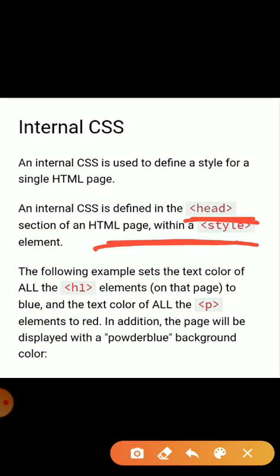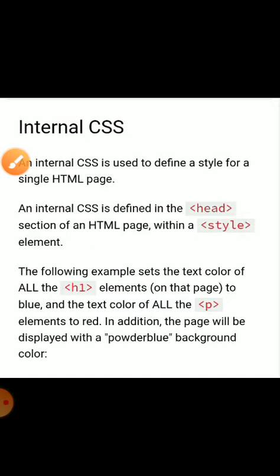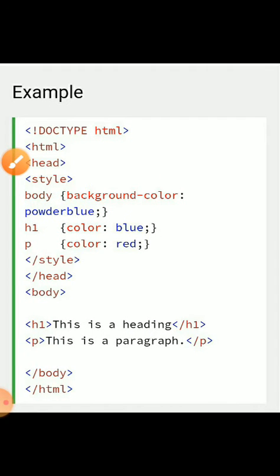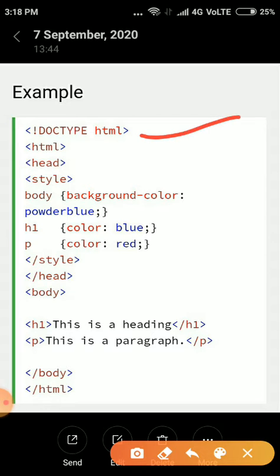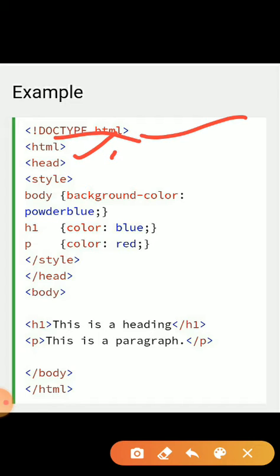In addition, the page will display a powder blue background color. For that we give the following commands. First we open the document, either we write it or not. HTML, head, then style. Okay.